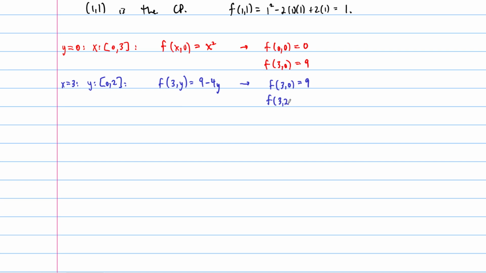F of 3, 2, that's the other boundary point here. That's going to be 9 minus 8, so that's 1. All right, and then we just continue this process. So the next